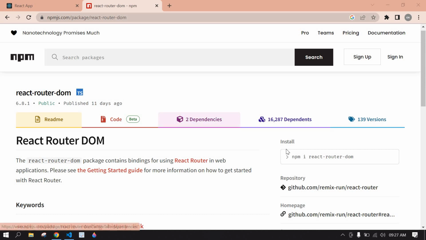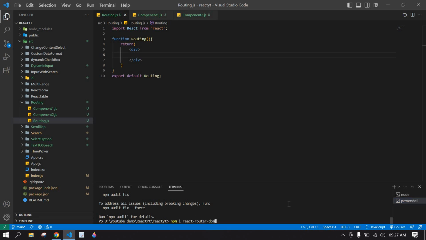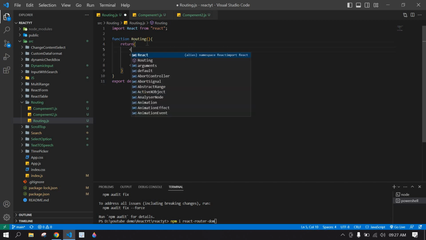Hello everyone, routing in React.js. I'm going to use this npm package React Router DOM. Here I already created a React project and I'm running this project, and I installed this package. I already installed it. So now I'm going to create a browser route,